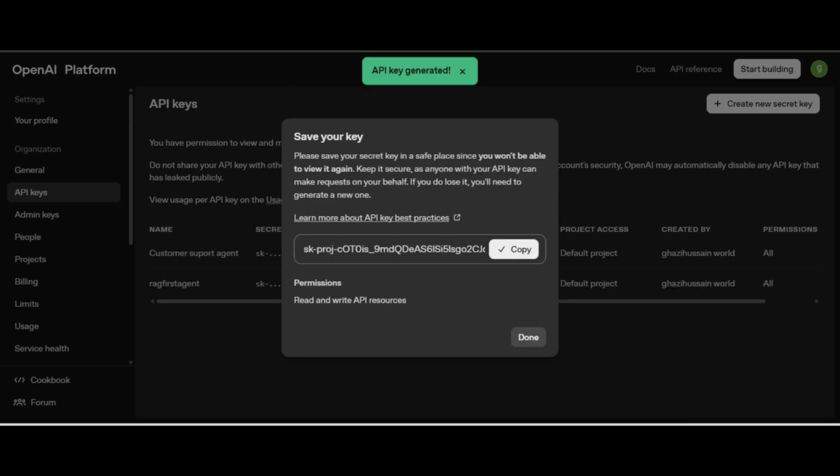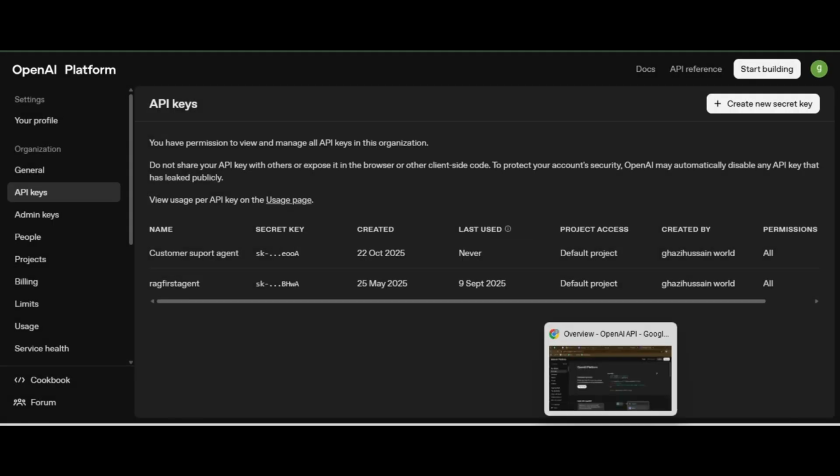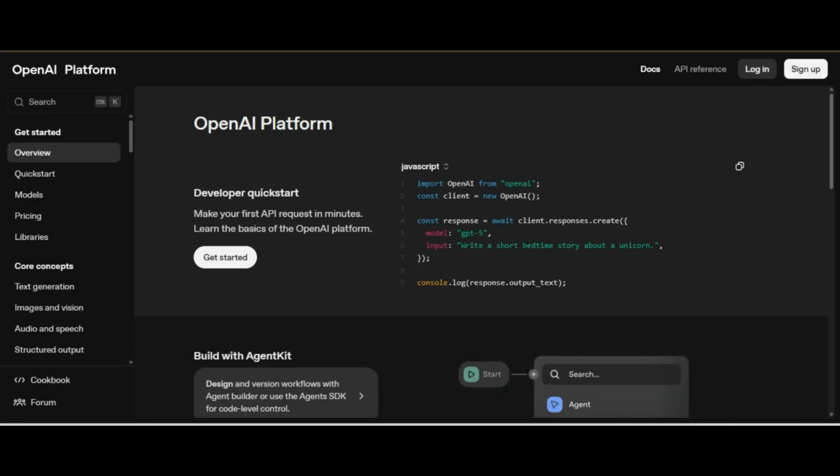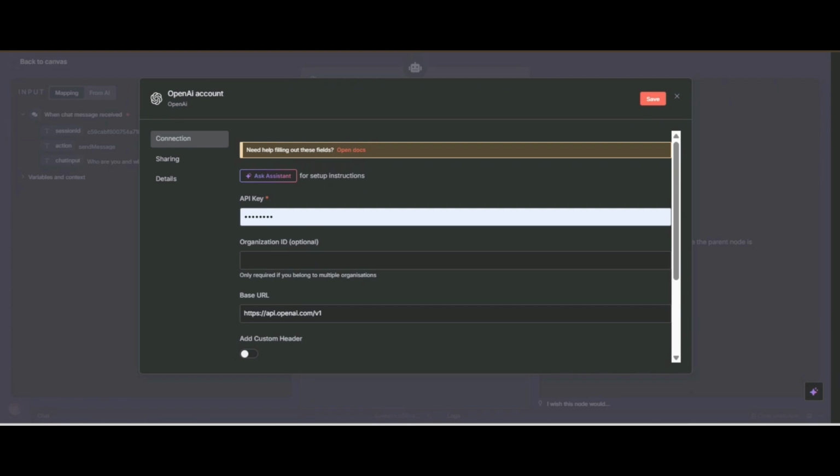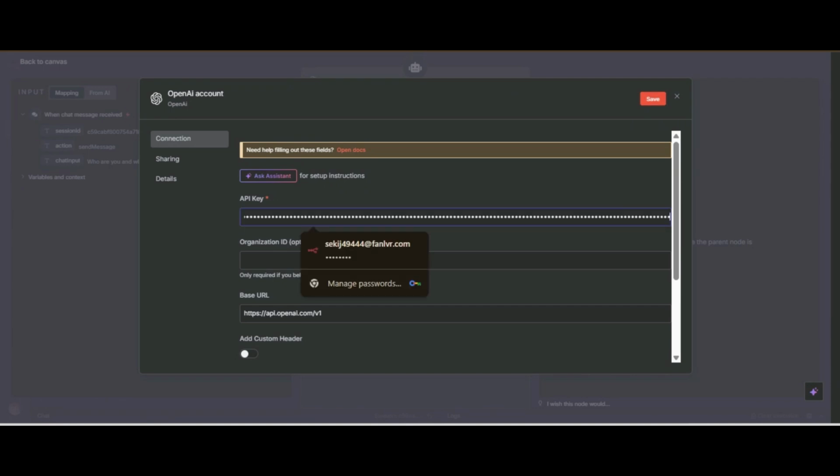Click on copy and paste it in any other node, because it will be removed for the next time. So click save on any node, click done and use where you want. Now we are adding this to our AI agent. I will paste it and click on save.